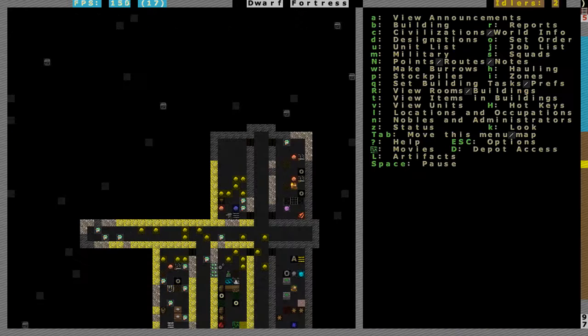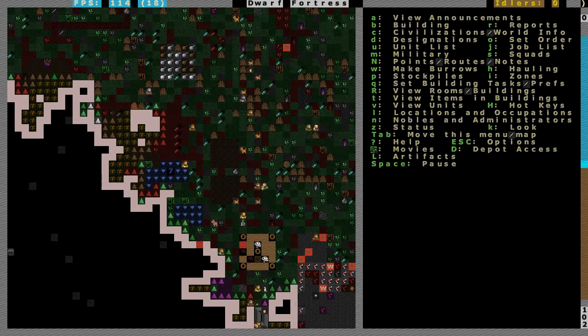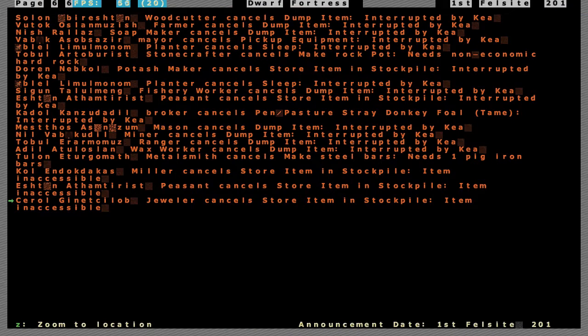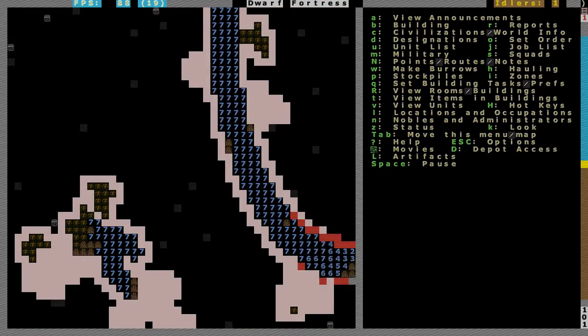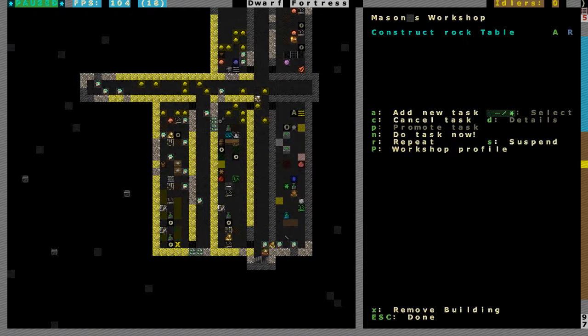I need to kill these kias, man. Well, it looks like they're doing a good job of it anyway. There's a dead one being carted off to the stockpile. Sweet. Item inaccessible. Yeah, they keep complaining about that. I think they're complaining about logs being stuck in the river, so...